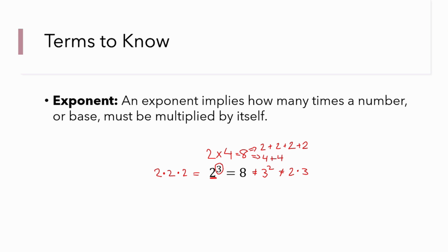But what does this mean? Let's go a step further and write this as repeated addition, because it seems very obvious that these two are equivalent. But how? 2 times 2 implies that you are adding 2 to itself twice. So this is equal to 2 plus 2. And then you multiply that by 2. And that seems a little confusing. To make it less confusing, we can evaluate this 2 plus 2 and make it 4. And then multiply that by 2.